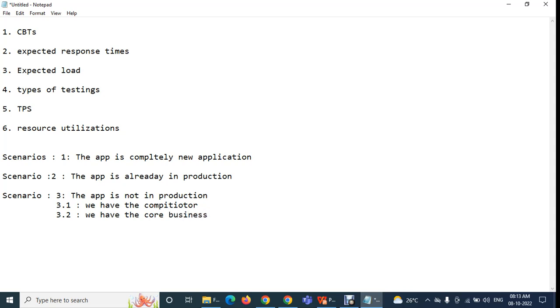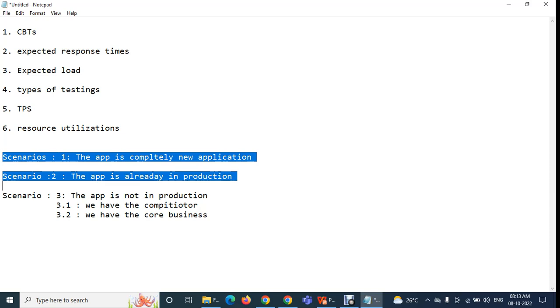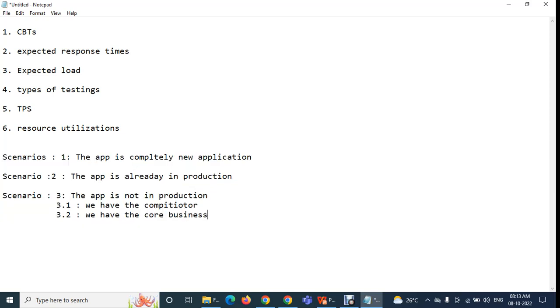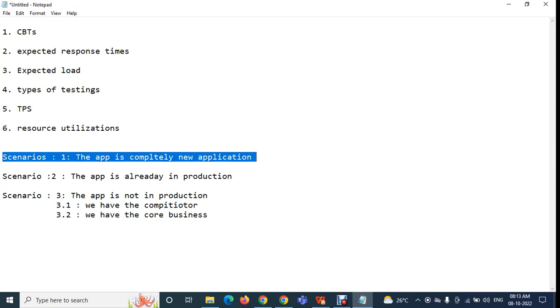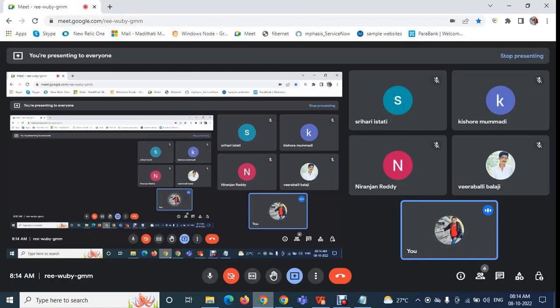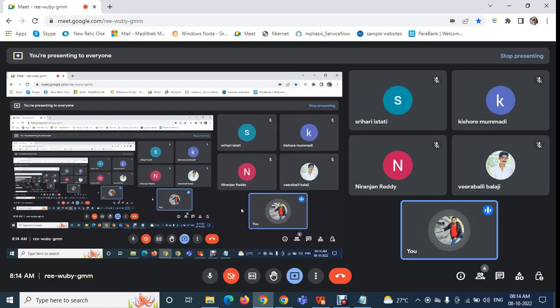Okay. So these are the scenarios you need to remember, because people will ask you in the interview. They'll ask you like, I have a scenario. In my scenario, I am gathering the requirements, but my application is a completely new application. So then how can I gather the requirements? People will ask you that in the interview. Getting my point right? So my approach is, I want to gather the requirements, but my application is a